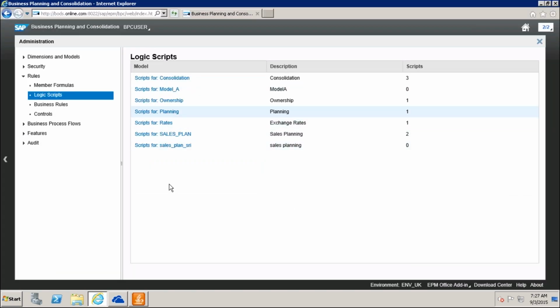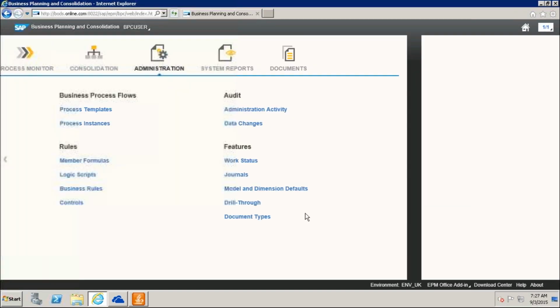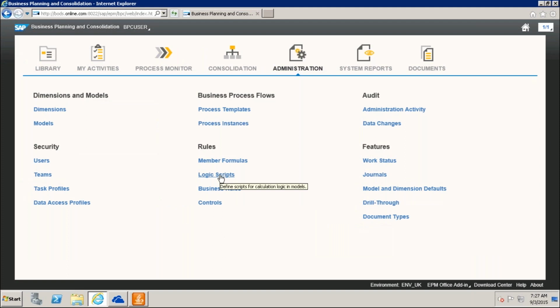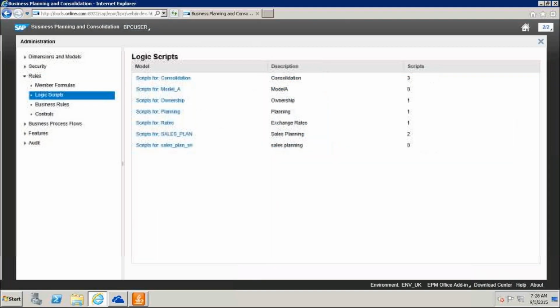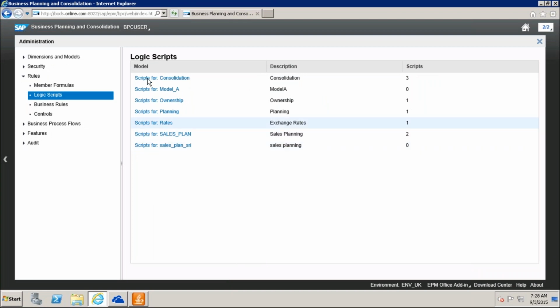So I'll come from here. When you click on the logic script, you will get the screen. The logic scripts are model specific. In each model, we have to write the logic script. And our model is sales plan.